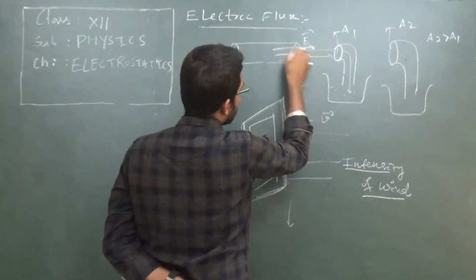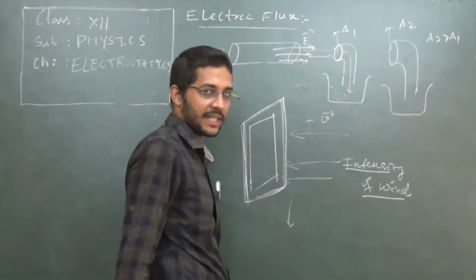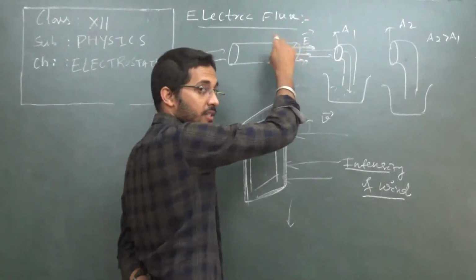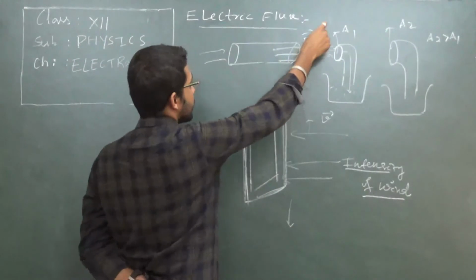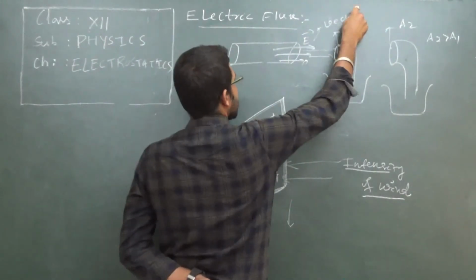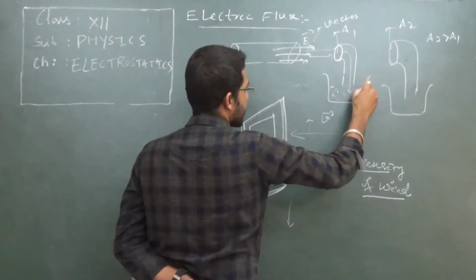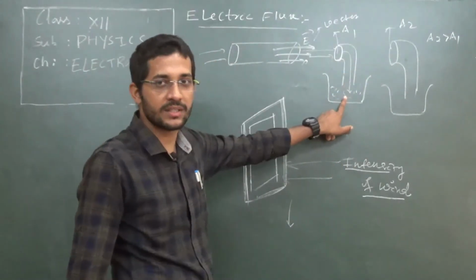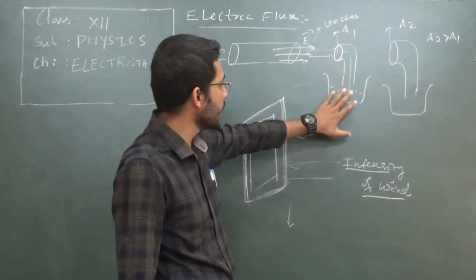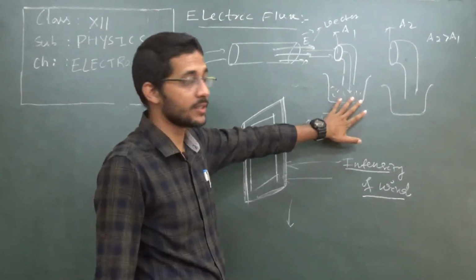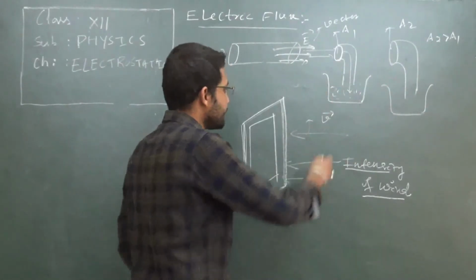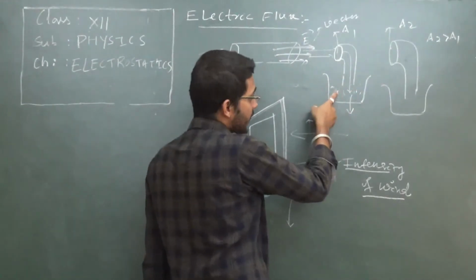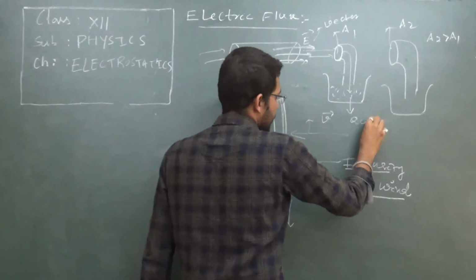Now what you will see, this is like electric field. Water, when it is coming out in a particular direction, is like electric field. It gives a particular direction. So electric field has a magnitude, a quantity, and also has a direction. So electric field is a vector quantity. But here, when the water is being collected, we are only calculating the amount of water collected in this particular beaker. We are not calculating the direction because it does not contain direction. That's why after the collection of the water, we are only calculating its quantity.